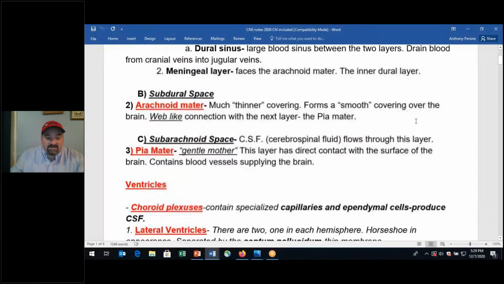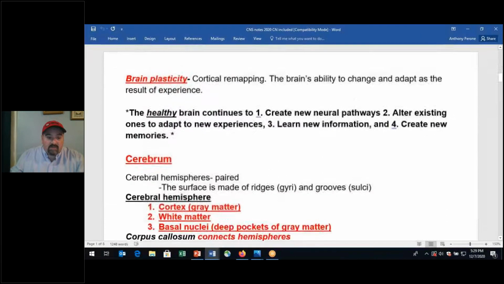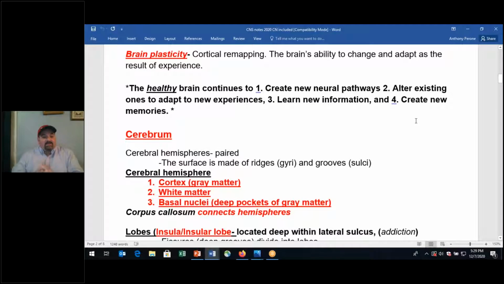So we've looked at meninges, we looked at ventricles. Okay. Let me talk about this a little bit here, and I'm going to talk about the cerebral hemispheres, looking at an image on the PowerPoint of the cerebral hemispheres and just reviewing with you the lobes and such. Okay, so plasticity. This is a very important concept, you should understand it, regarding the ability for the brain to change